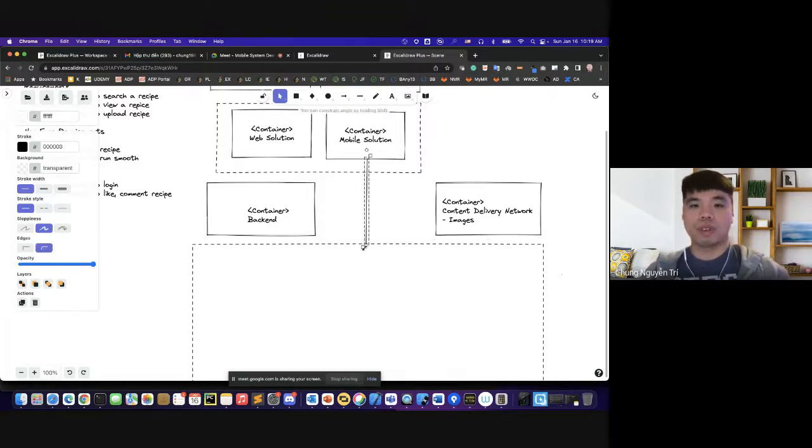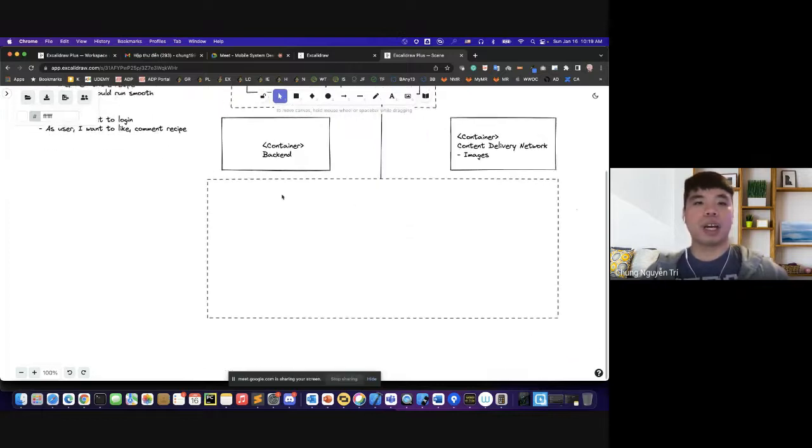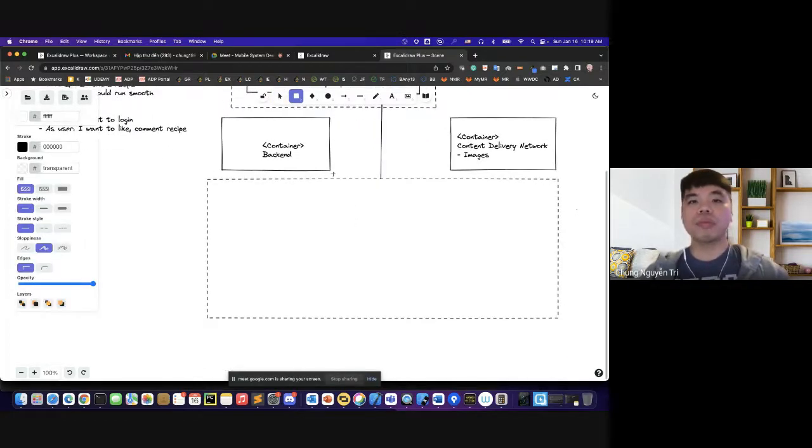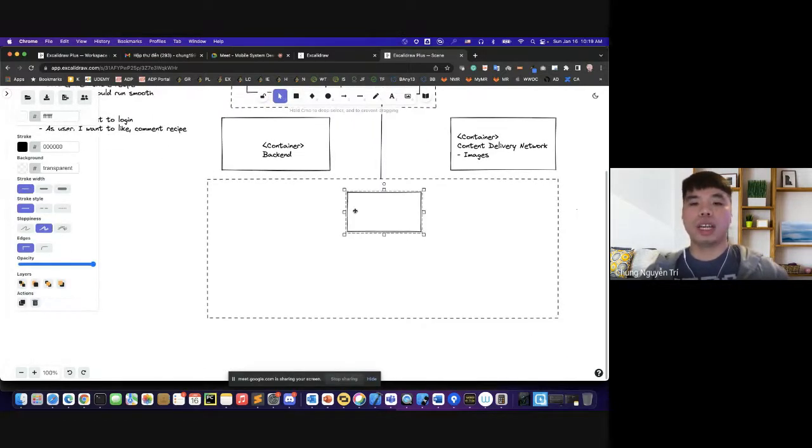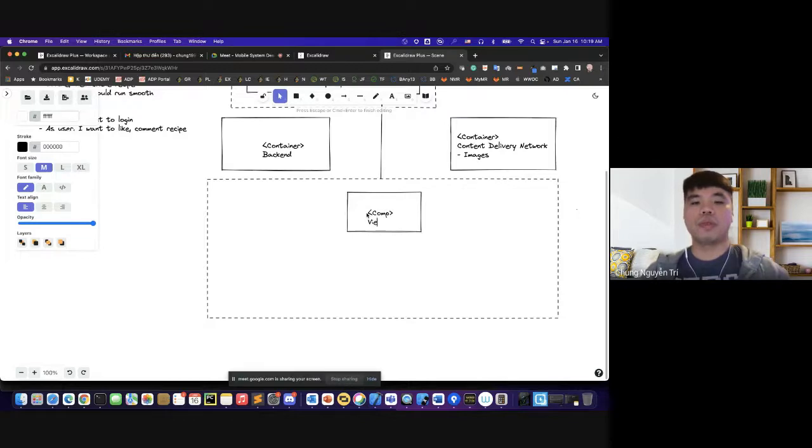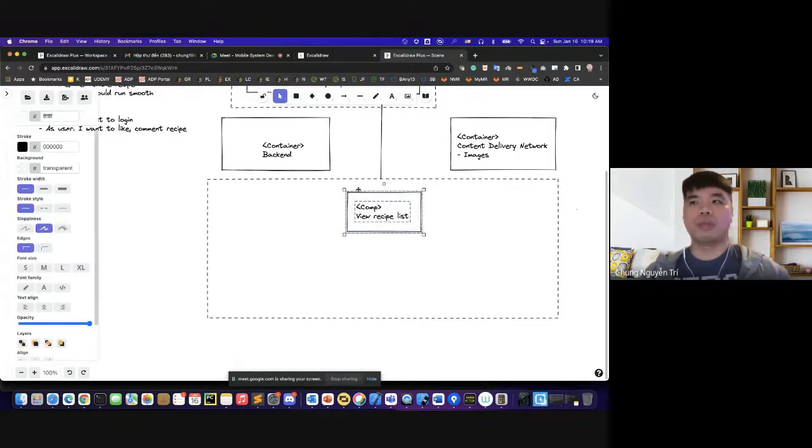So for the mobile solution, I will have some components. I will have the view, the component, the recipe list. So at first, when the user opens the application, let's say the user logs in for the first time, they can see the